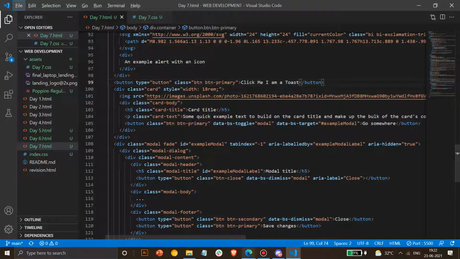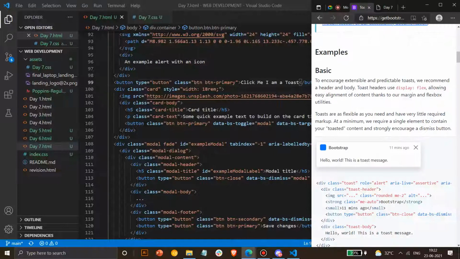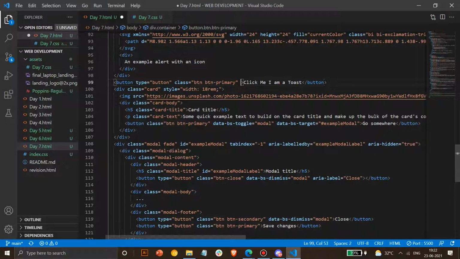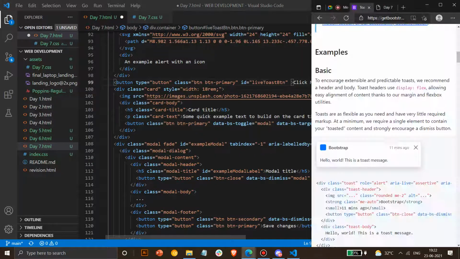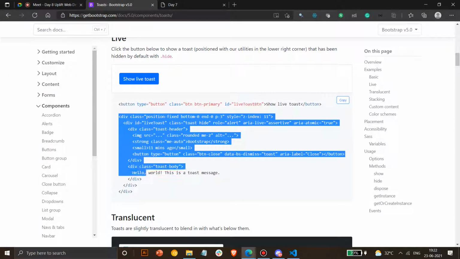So now let's see the code once. Basically button type, button class, same. You have to use an ID to specify where this should open. What ID does is it's unique, so every time you click, a toast should also be unique, so that's why IDs are provided for that. Then the div for it, you have to specify whatever div you are using.